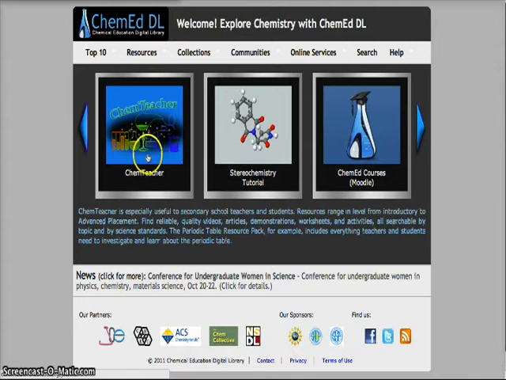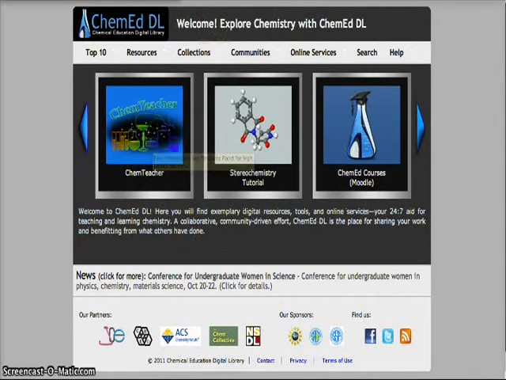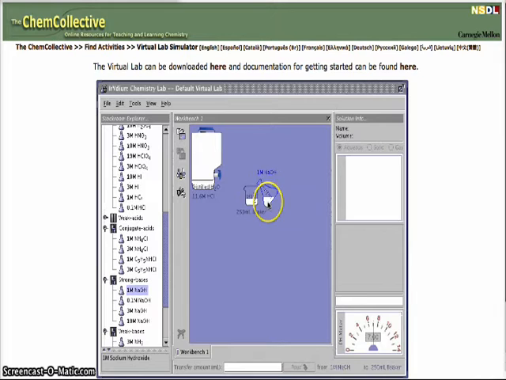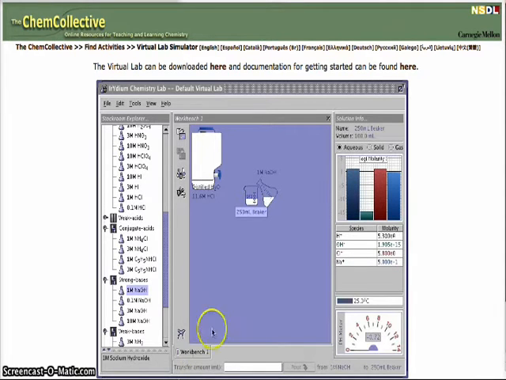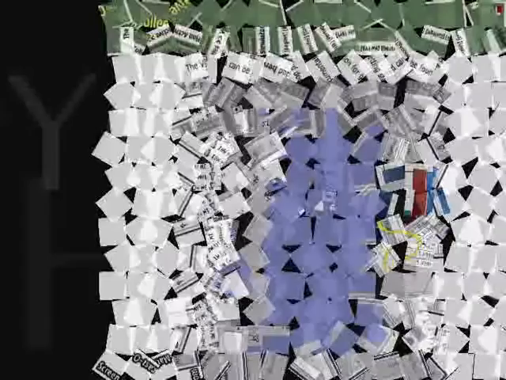There's a bunch of different courses. There's a chem teacher. There's also a virtual lab, which I've loaded up here, which I can show you. We can literally take things and mix them and see the change in molarity and pH and so on and so